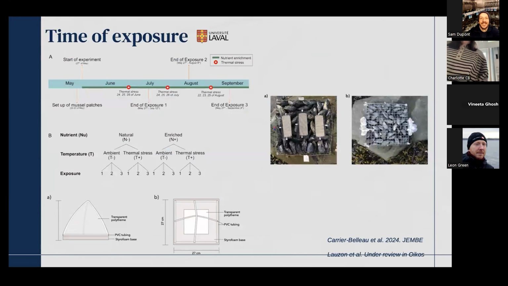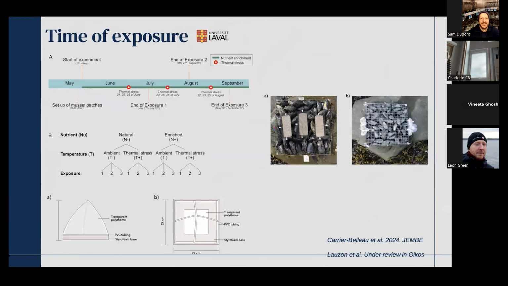Then I did another experiment. That was my fourth chapter, where I looked at different times of exposure. This was a very fun experiment that we did in situ. We looked at nutrient input and temperature on blue mussels, as an engineering species, at different times of exposure